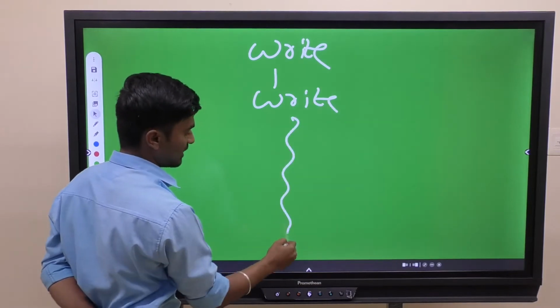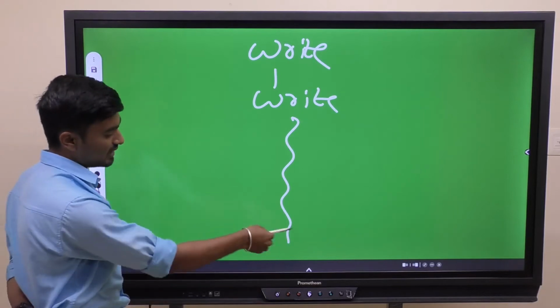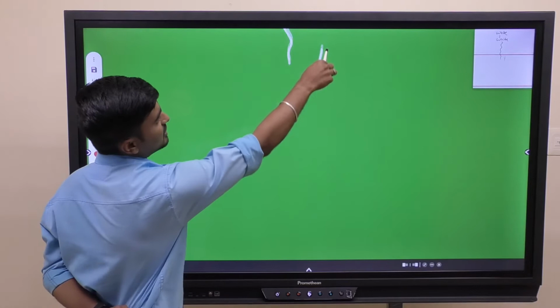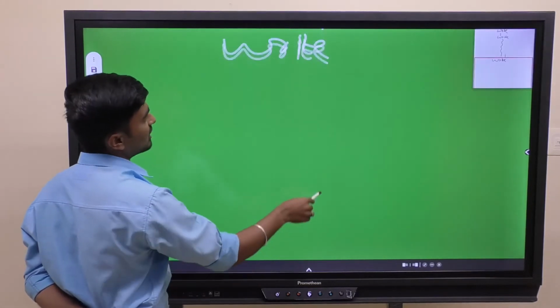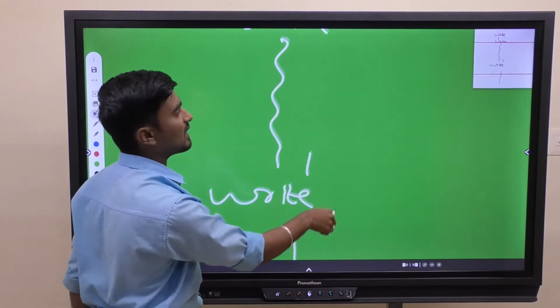And one more important thing is, when we are writing something, the board will end up. This is a 65 inch, but we can't move like that. But after ending the page, this page is limitless. We can shift the writing and again we can continue. And whatever you have written, you can see in the thumb view of the panel.